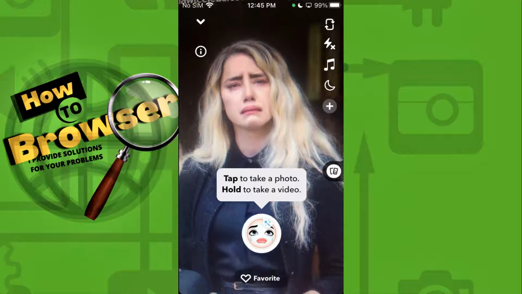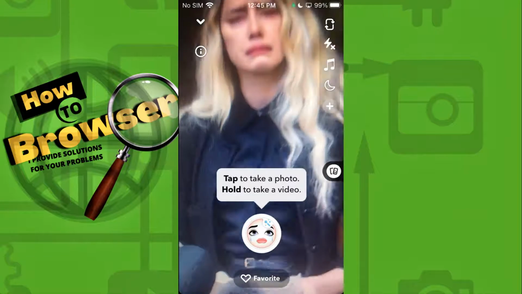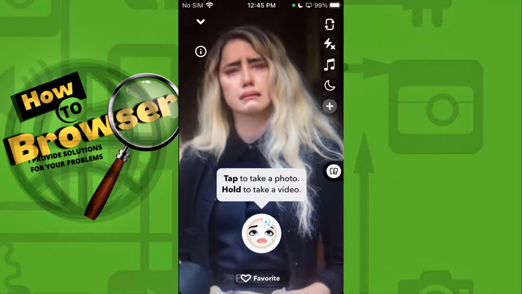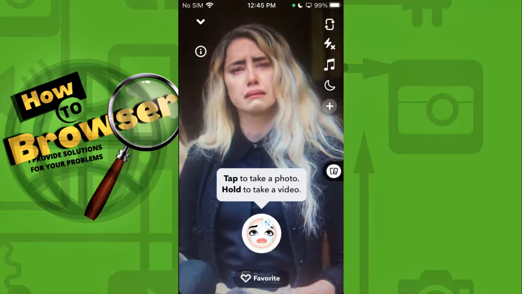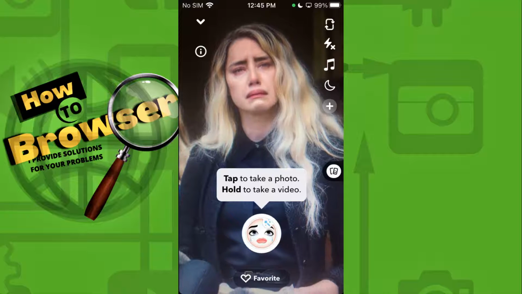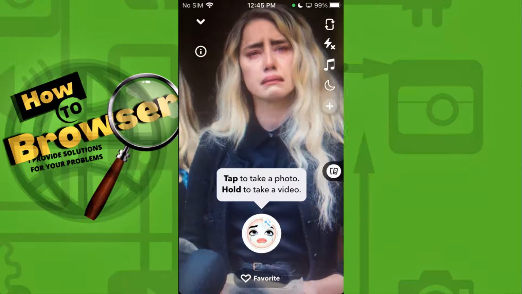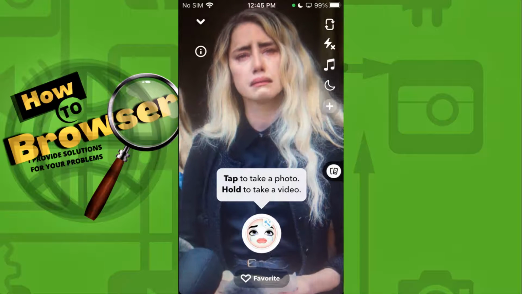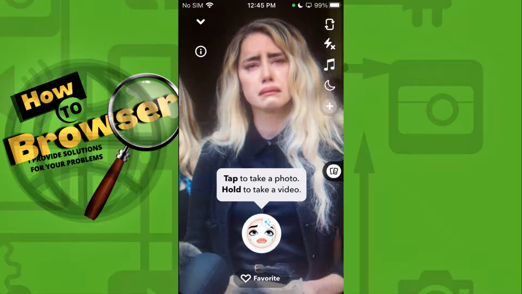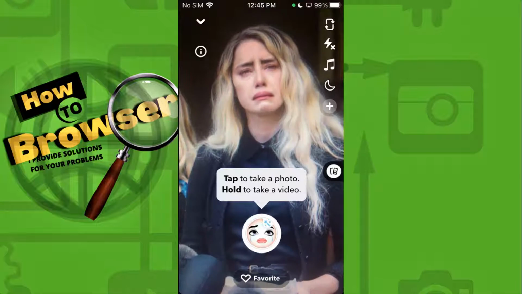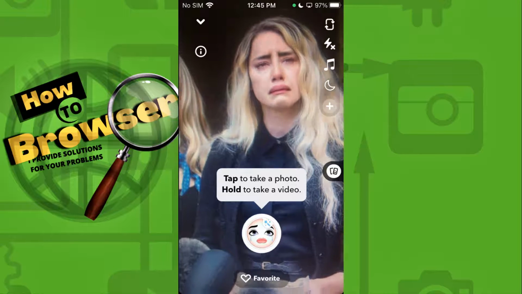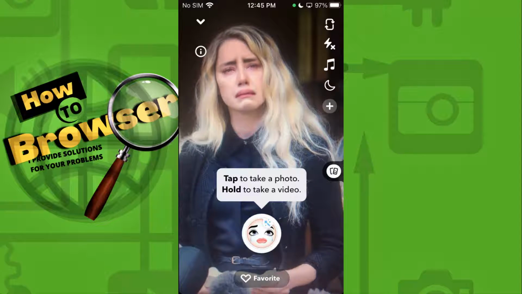Now guys, how you can use this filter is really simple. Just take a picture of yourself, or simply look at the camera, front camera, and this effect will work. You can see this person right now is crying really hard because she had a hard time. So now just take a picture,